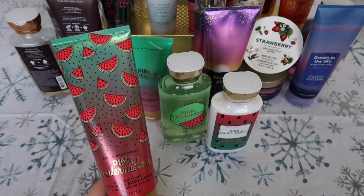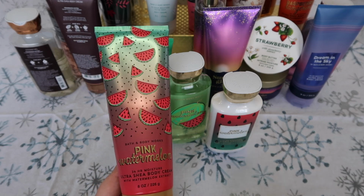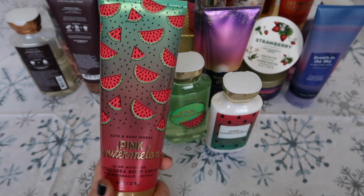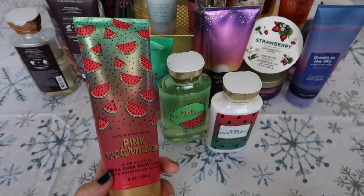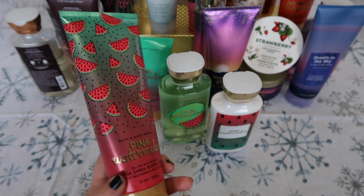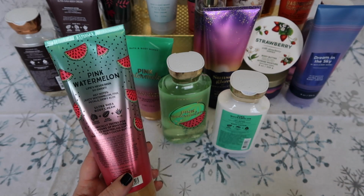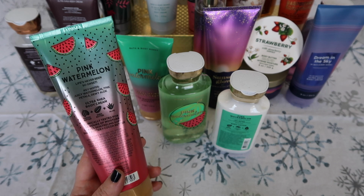This collection came out with the raspberry tangerine, and again, I just love the collection. I think it is so pretty. Just that ombre look with the green melting into the pink. All the cute little watermelons. The packaging is so cute and festive and perfect for summer, and I did pick up quite a bit in this collection. The notes are juicy watermelon, pink petals, and dewy aloe, and it says life's never been